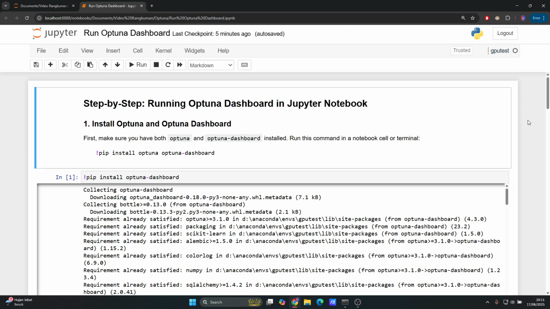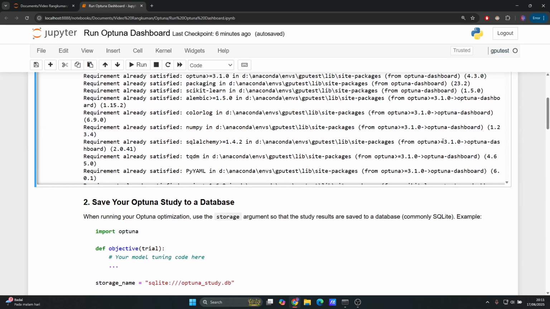Okay, so let's see. We first need to install Optuna and Optuna Dashboard. I already have Optuna, right? So let's install Optuna Dashboard here. I can run this command in a notebook cell. I can just write pip install optuna and optuna-dashboard if you haven't already downloaded Optuna. So here I install Optuna Dashboard, and then after that,